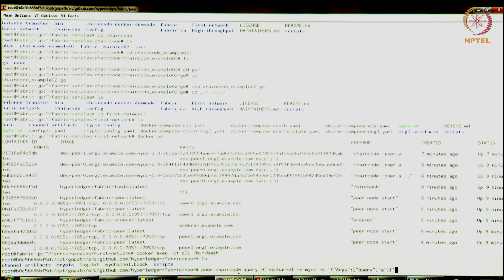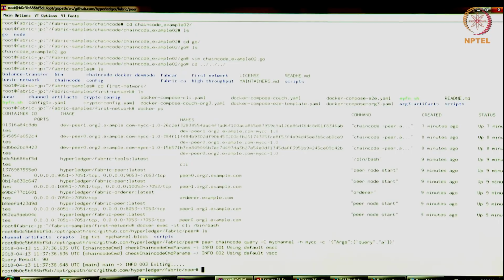So let's just look at the structure of this CLI command. It says peer chaincode query. It has a reference to the channel, so -C mychannel, so that's the channel we're going to operate on. myCC is the chaincode I've deployed, so I've installed on the channel, so it's -n myCC, and -c has the args provided. So the args are, I'm going to call the query function and I'm going to query for the account balance of A, right? So that's what this CLI command is going to do.